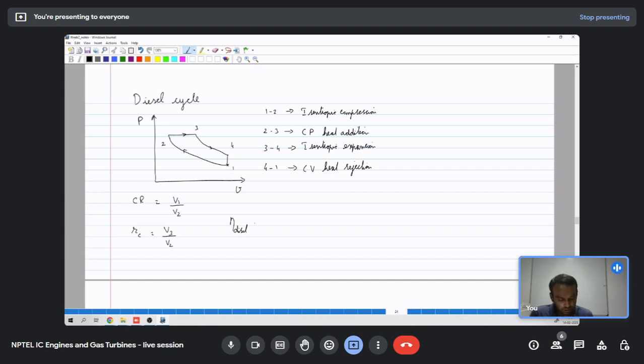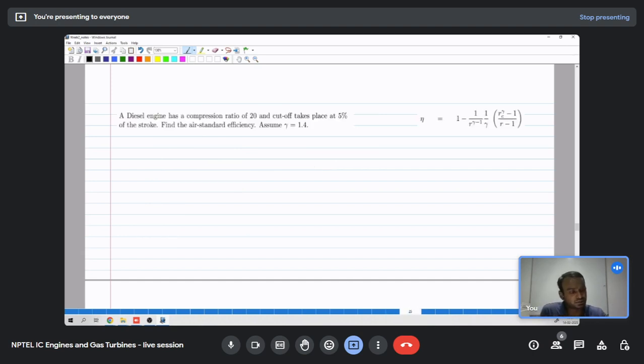I don't have it at the back of my mind, so I have it here. Eta diesel is given as 1 minus 1 by r power gamma minus 1 into 1 by gamma into cutoff ratio power gamma minus 1 divided by cutoff ratio minus 1. So maybe we can solve this problem quickly. We have compression ratio r as 20, and cutoff takes place at 5% of the stroke. So Rc is